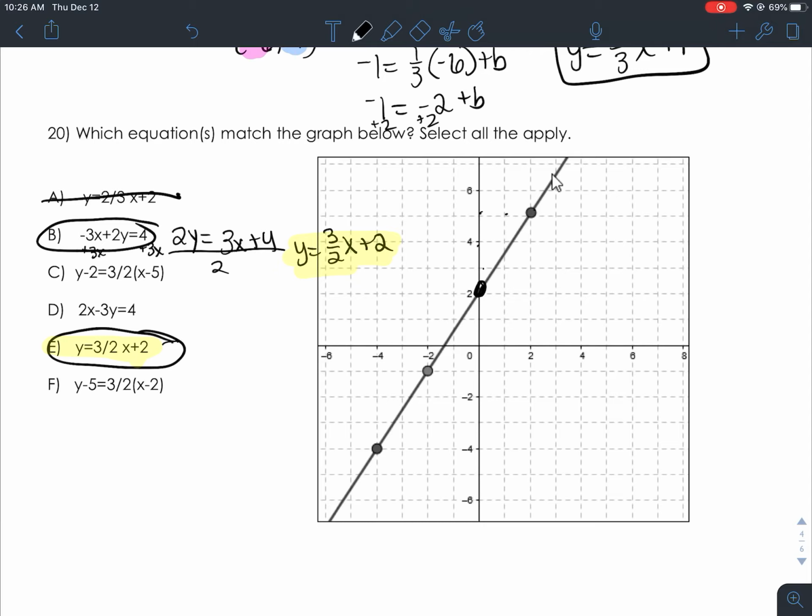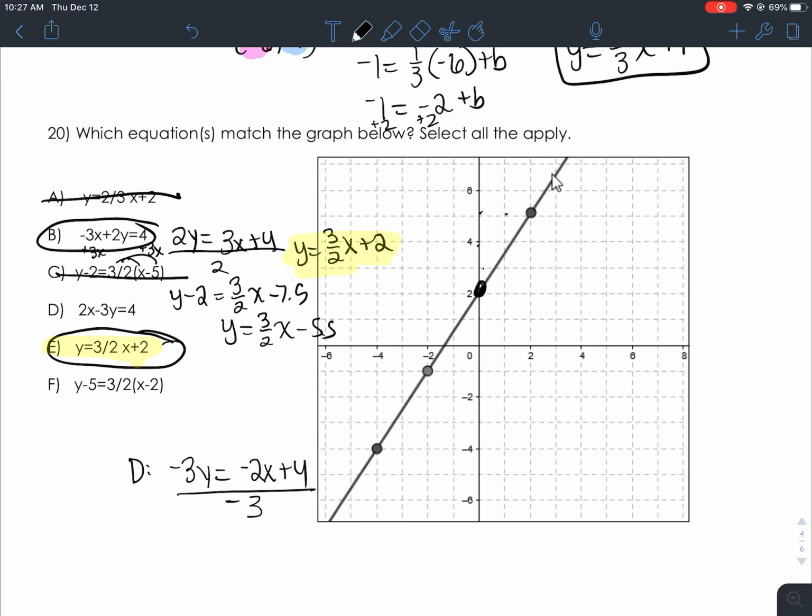And then the second one, C, would be, if I distribute first, I get y minus 2 equals 3/2 x minus 7.5. And then if I add 2 to both sides, I get 3/2 x minus 5.5, which is not it. Standard form for D, if I subtract 2x, I get -3y equals -2x plus 4. And then I'm going to get 2/3 and a fraction. That's out. So the last one,